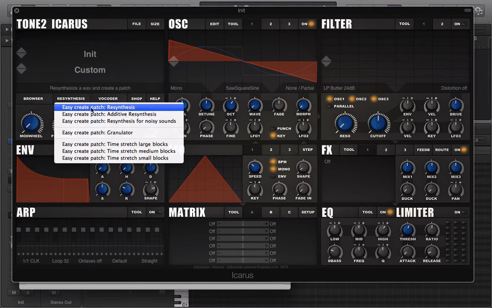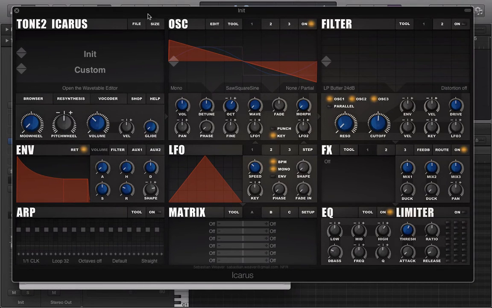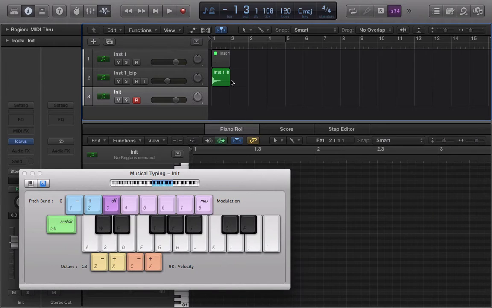So you got your resynthesis, your additive resynthesis, and your resynthesis for noisy sounds. And then you got your granulator here, which applies a granular morph to the sound, which you can do in resynthesis anyway. And then you got your stretch blocks, which also use the granulator. So let's get started. So I made this within FM8, this patch,